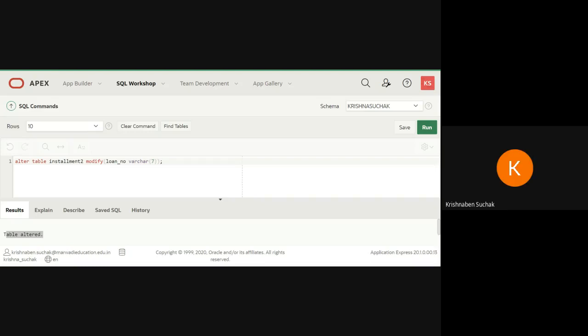Kevin and Keyur, not in a single query you have written that we have done it. Not in a single query. Ma'am, it is showing 0 rows updated. Why 0 rows? Present your screen.